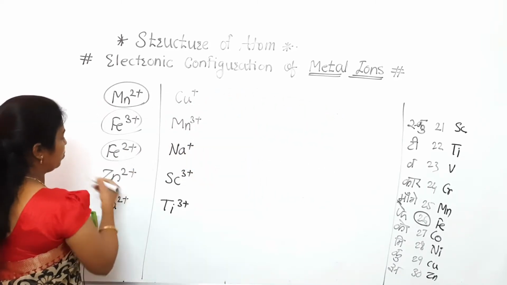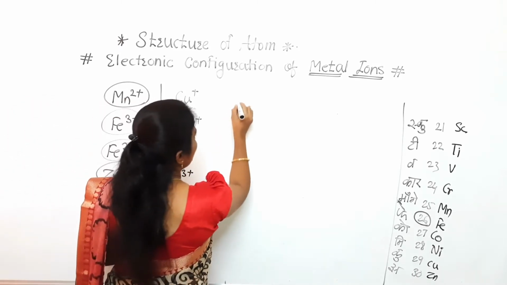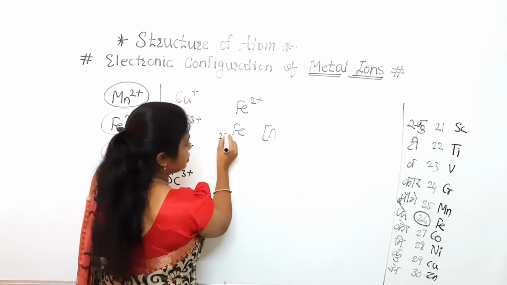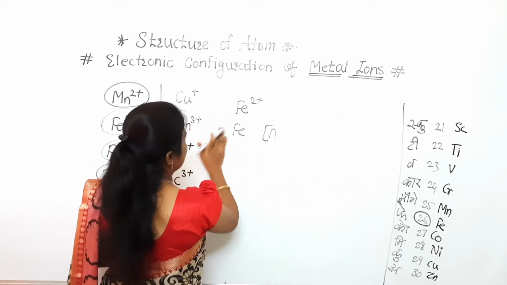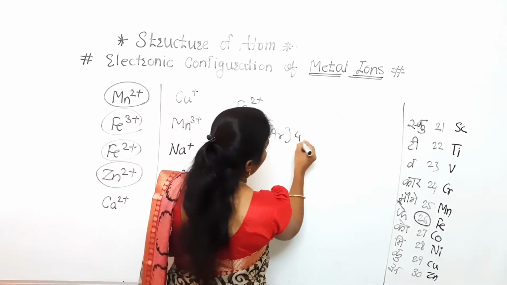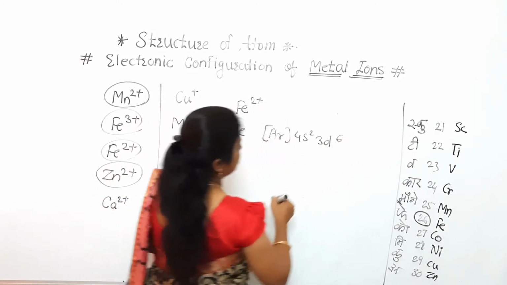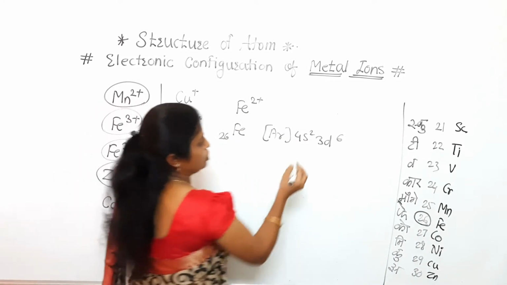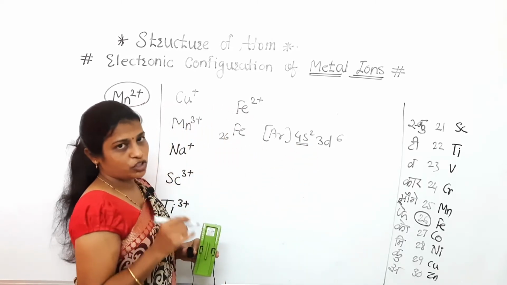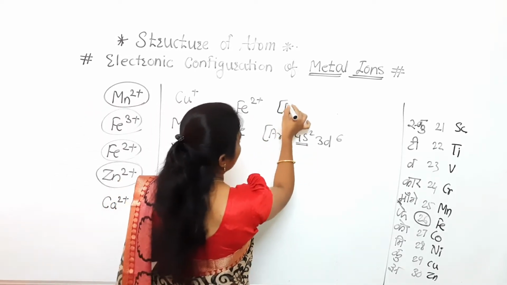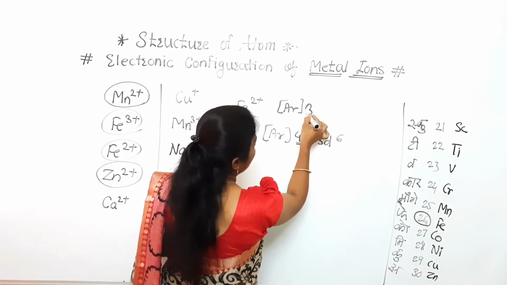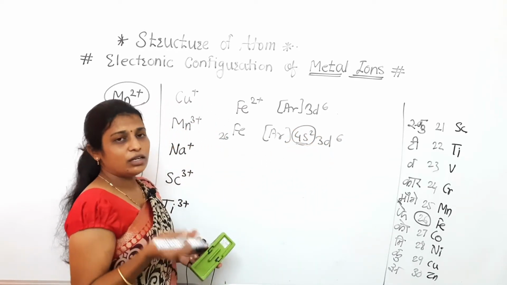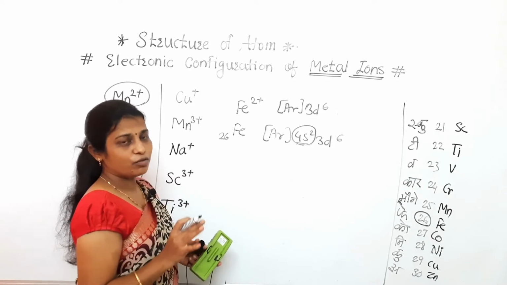Next, that is the Fe2+, and after that Zn2+ is there. So Fe2+ and neutral one. So here Fe, as we have seen, its atomic number is 26. So argon 4s2 3d6. How many electrons we have to remove? Here 2+ charge is there, means we have to remove only 2 electrons, and that should be from the outermost shell, that is 4s. So its electronic configuration will become like argon 3d6. Clear to you? Because if we are removing 2 electrons from this one, then no electron will be in that 4s. That's why.